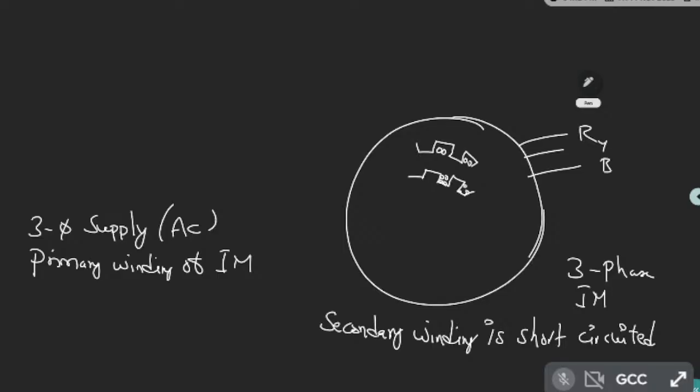The primary winding is available, primary conductors are available. So because of the primary, that means the stator having the winding,